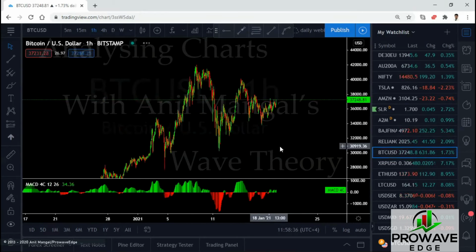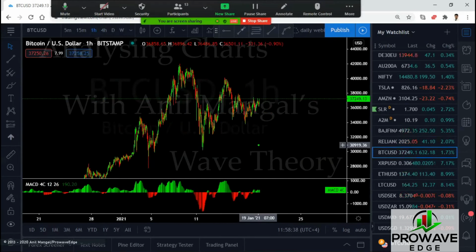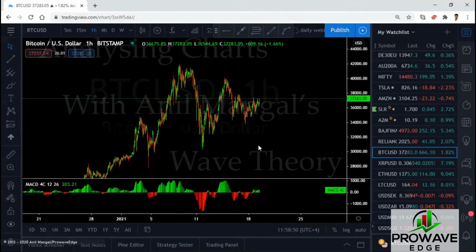Bitcoin's still correcting. So Bitcoin might be stuck here for a while in a deeper correction. There's a short-term drop here for this one to finish and probably go back up. I think we're just going to make a deeper complex correction, then go up. I don't see them taking off just like that.